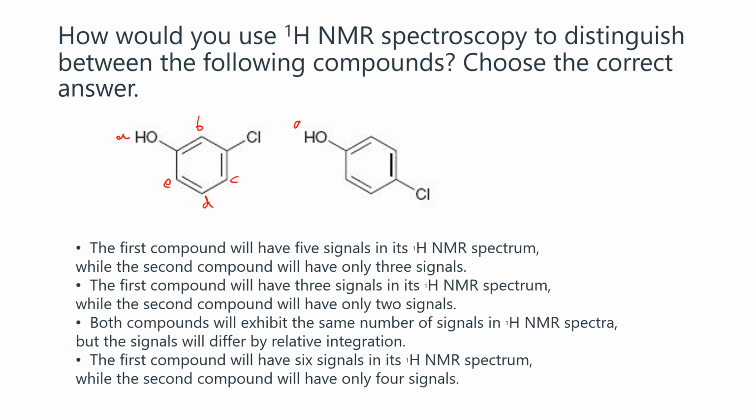So if you have A here, then you will have B, B, C, and C. So only 3. So 5 versus 3. Right? So here you have a plane of symmetry. So these two are the same. These two are the same. And then the other. So 3 versus 5. So your answer is the first will have